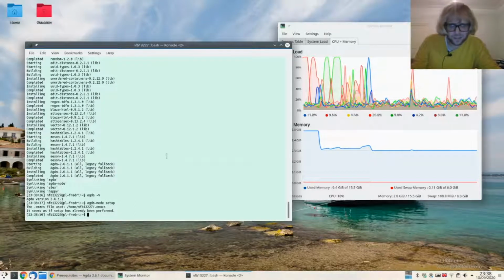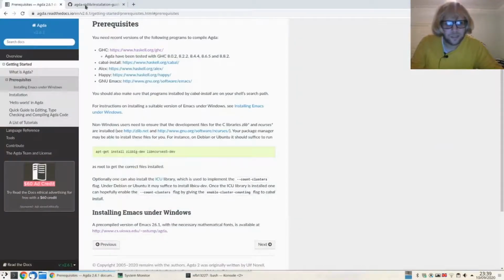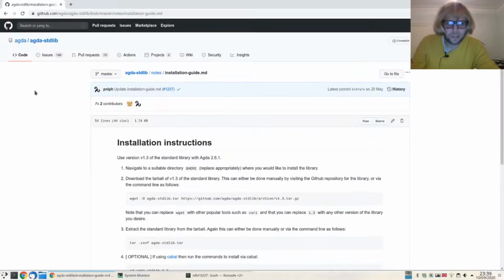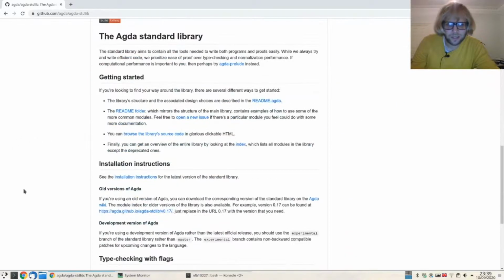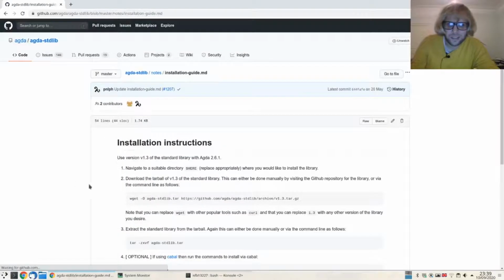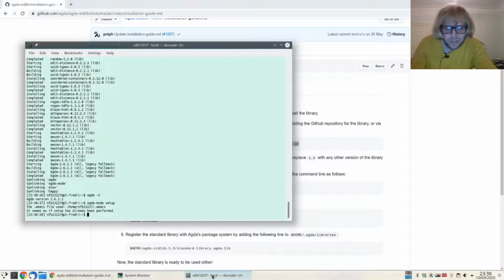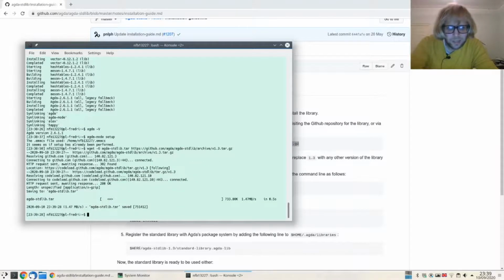Okay, so finally we also need to install the Agda standard library. So I'll close this tab, and if you Google for Agda standard library, then you'll get this GitHub page. And if you go down here, we can look at the installation instructions. So just follow this, skip straight to step 2, and here, we download the tarball of the library,